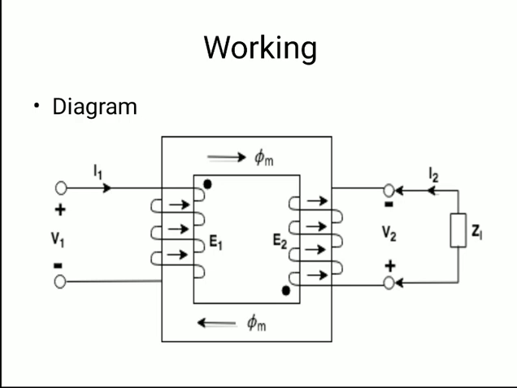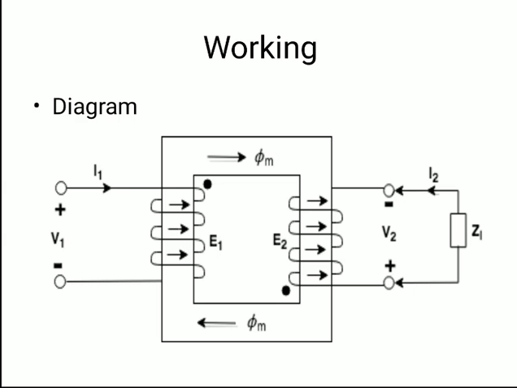The working of the transformer depends entirely on this diagram. Here you can see there are two windings, primary winding and secondary winding. The left hand side is the primary winding, with V1 and E1. V1 is the supply voltage, and E1 is the EMF induced in that winding. V2 is the voltage across the load. The load is represented by Z. You remember what Z means: Z is nothing but impedance, acting as a load here.